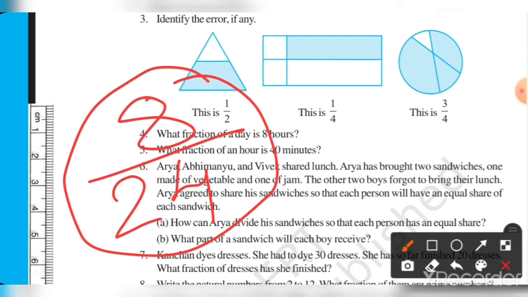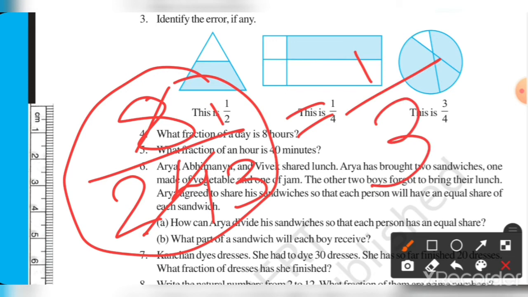But if you convert it into simplest form, 8 3s are 24. So 1/3 part. 8 hours is the 1/3 part of a day. So when you solve it, do this method and write: 8 hours is 1/3 part of a day. And if you write this 8 upon 24, it's okay.